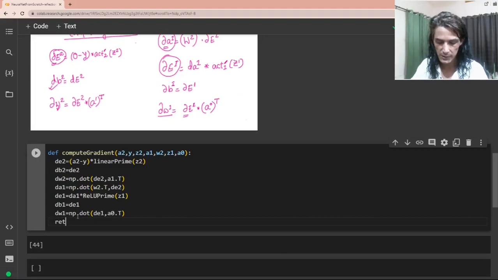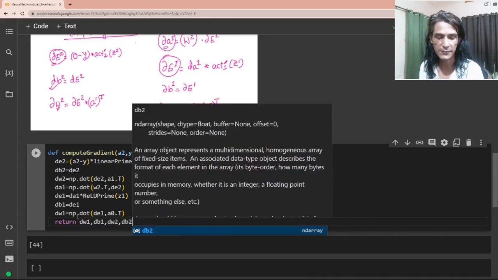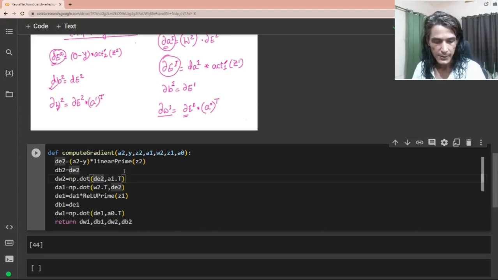So return dw1 comma db1 comma dw2 comma db2. These are the rate of change of the weights and the biases with respect to the cost function, and that's what we want. Now see, one thing should be clear in our mind, that the sizes of these